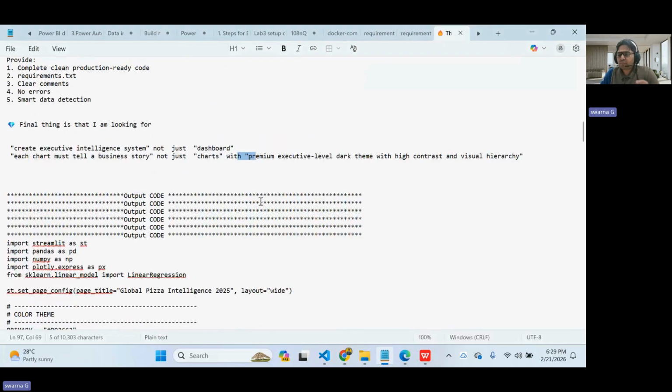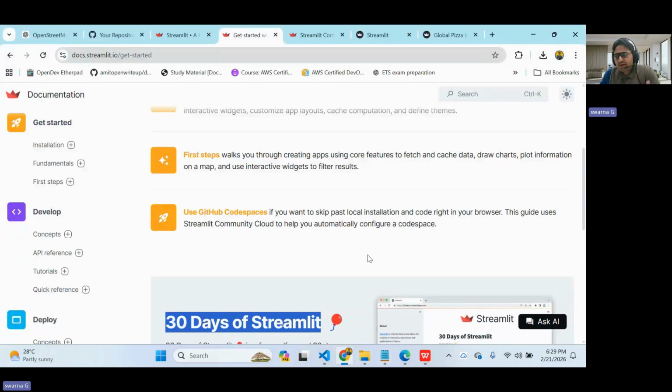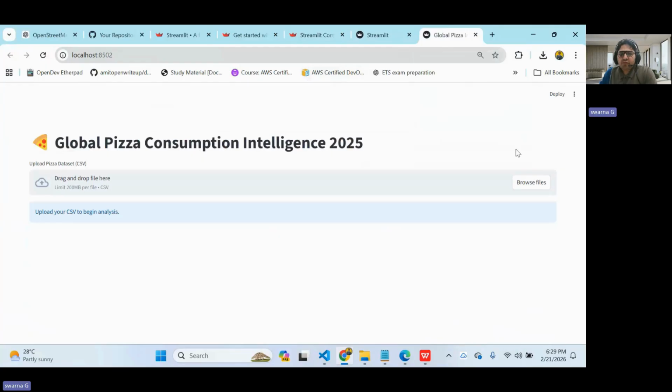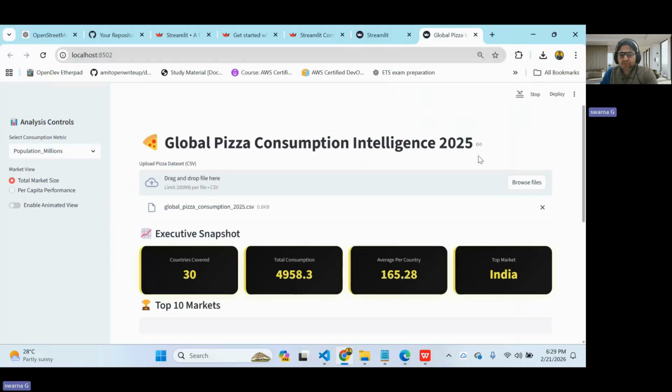How to get this kind of prompt is very, very important, I feel, these days, because gone are the days where people would start doing coding line by line. It is all about how you give the prompt, how efficiently you give the prompt. So as you can see, this is the Global Pizza Consumption Intelligence where I'm talking about that particular code. And if I click browse file and put that data set, so you can